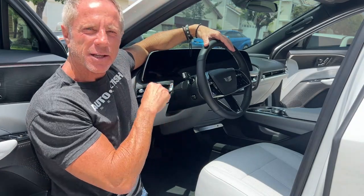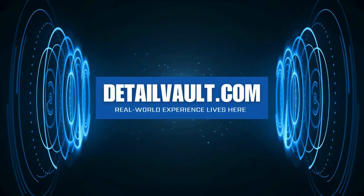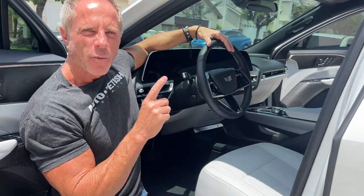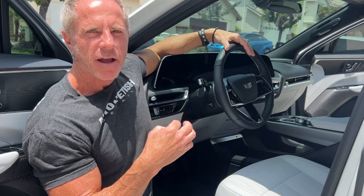The nightmare. How do you clean this thing that looks really, really sensitive, that looks like a flat screen TV? Welcome to the world of technology, which is now a modern version of an instrument cluster, which is probably the reason you're here. How do we keep this clean? Well, I'm going to tell you how to keep it super simple and how to keep it super safe with one